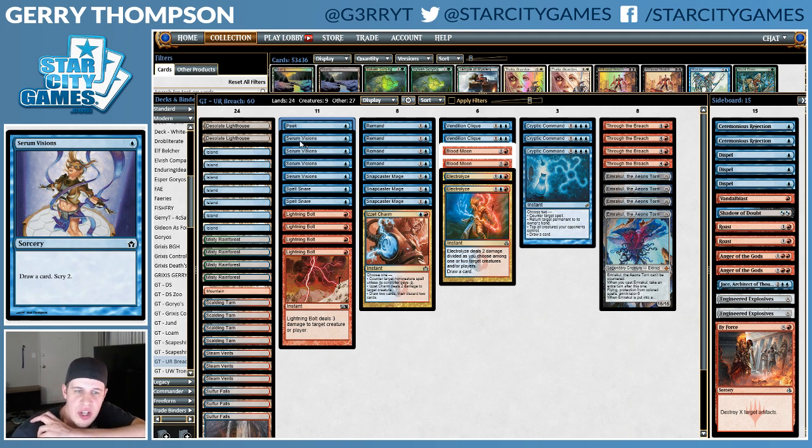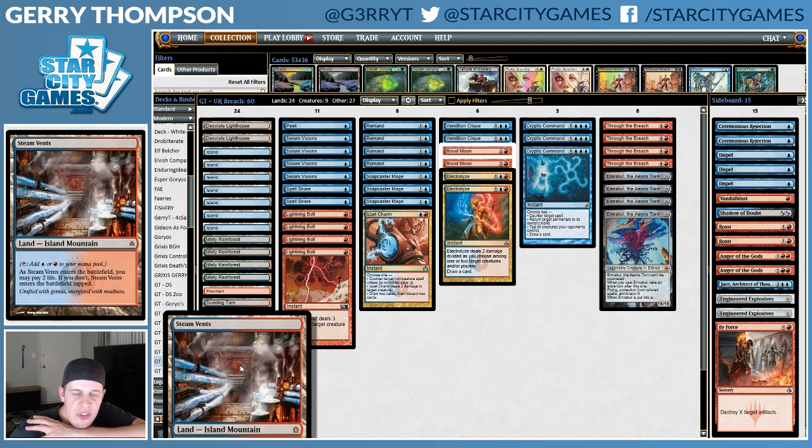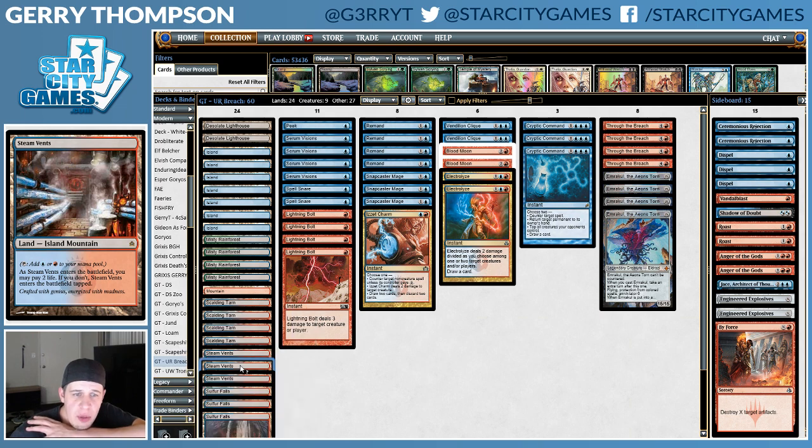It'll be pretty interesting. As for the mana base, we have 3 Steam Vents, which is a lot. I generally feel like these decks could get away with 2. It is basically whether or not you actually want to draw a Steam Vents, because you should never need more than 2 copies to fetch for. So I feel like this is saying, hey, I don't mind having a Steam Vents in my opening hand,